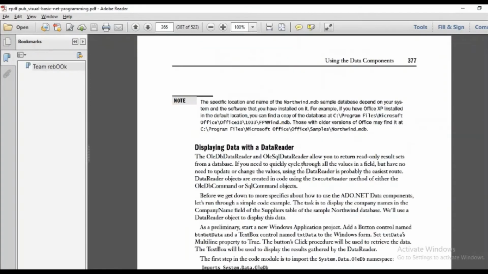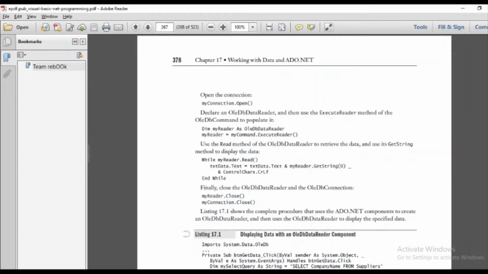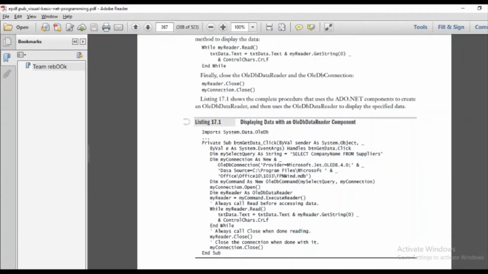As we always have to do, we have to create a connection, and after creating the connection we will write a query and so on. So first of all, we are going to import System.Data.OleDb. Basically this is the engine that is going to be used to access the data inside all the databases.